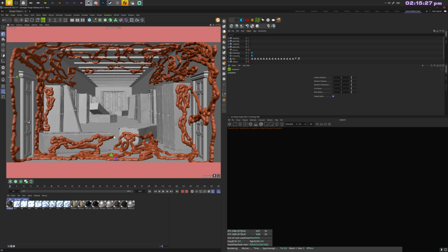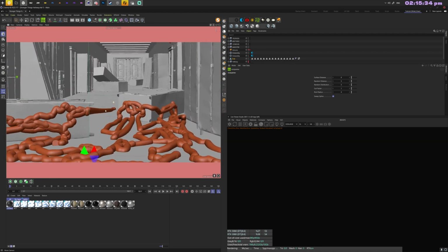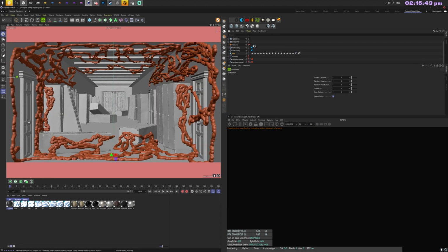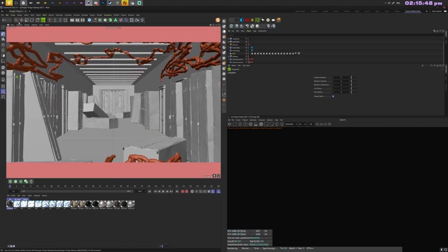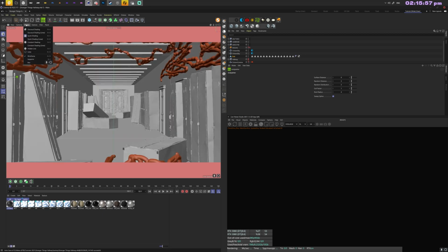So here I accidentally went over the edge, and as you can see when I zoom in, it basically stretched this out, and we can get rid of that later. That's not a big deal, but you want to make sure that you avoid stuff like this. So you can either just zoom in, and then we want to probably put this onto object mode, I guess. No, that's wrong. For this, because the object is so big, we want to probably,